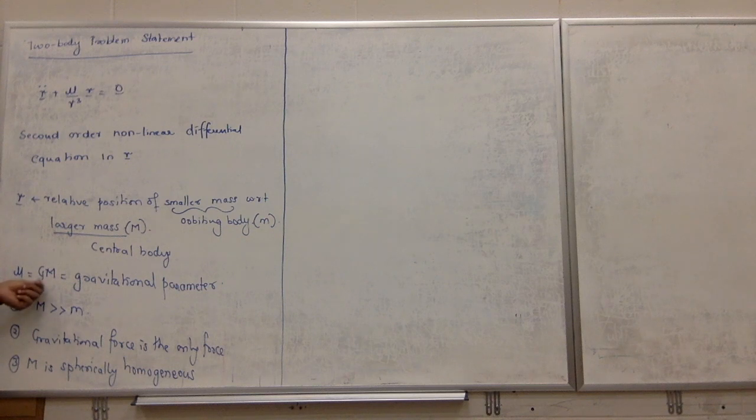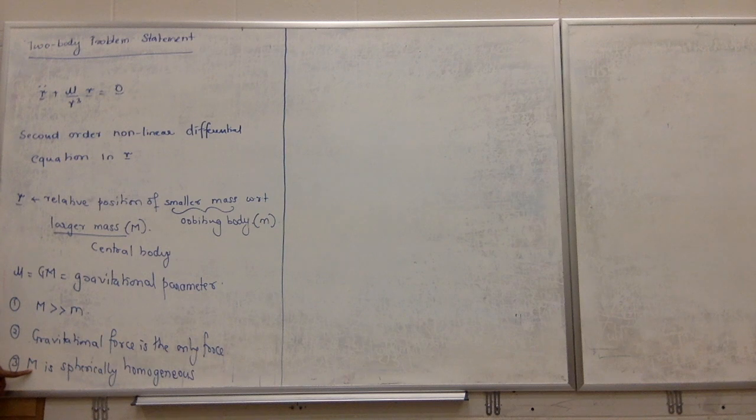This is what we derived, right? G is the gravitational constant. Mu is the gravitational parameter. Okay. So here M is spherically homogeneous means